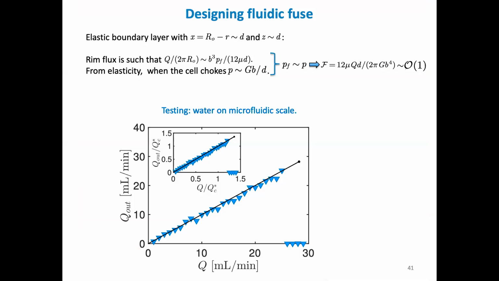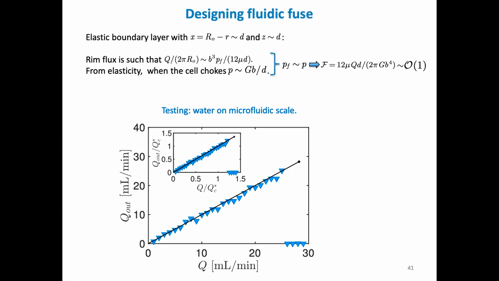So just the last slide, I want to show you that indeed it does work. We went and tested our theory. So remember, we have this critical value parameter when we get the choking. That means that we can, in principle, for the given geometry, have a critical flux at which the system stops, which is the Hele-Shaw cell can no longer sustain the flow and it shuts itself. And so we've tested this idea using water on a microfluidic scale. The reason why we did it with water is that's the most used liquid in microfluidics, and obviously we wanted to use a microfluidic scale just to demonstrate the principle that it would work there as well,